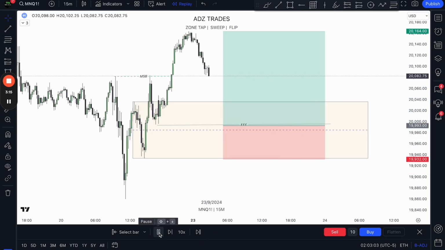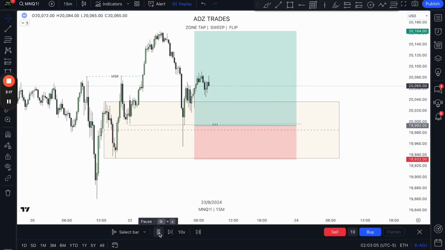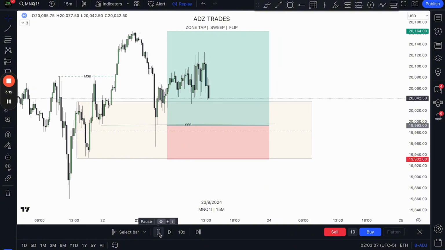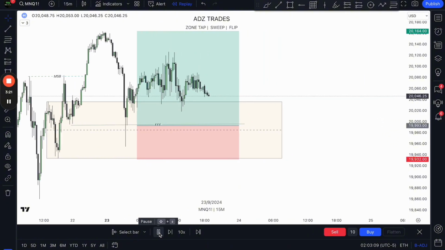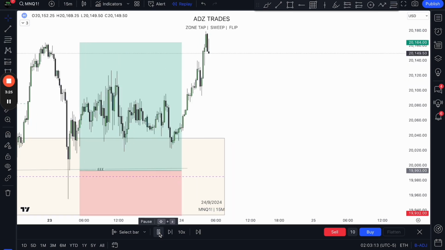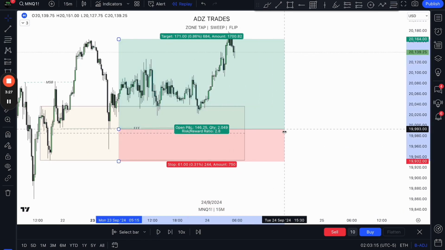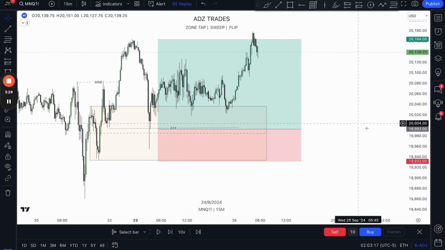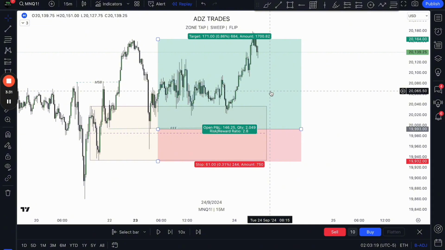Play that out, get tagged in, takes a bit of time, but we just let it play out, and bang, TP is smashed again, just following the exact same steps. And if you still don't believe me, now I'll show you it on the 15-second time